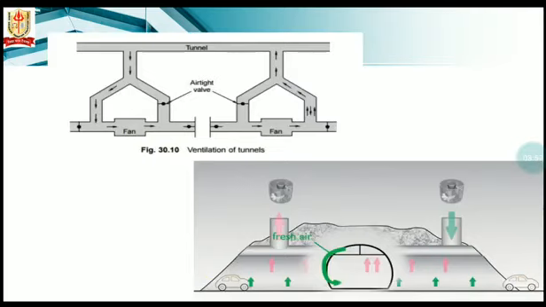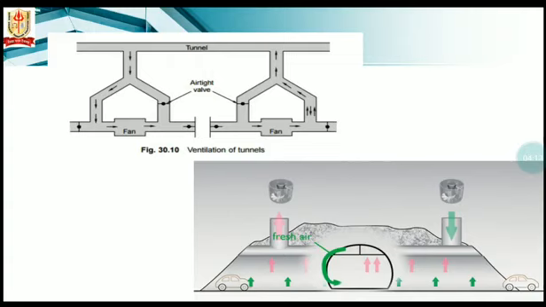So first, the blowing process. In this method of mechanical ventilation, fresh air is forced by one or two blowers through the ducts provided in the tunnel. This system has the advantage of supplying fresh air, but the disadvantage lies in that the foul air, smoke and dust slowly move out, fogging the atmosphere inside the tunnel.